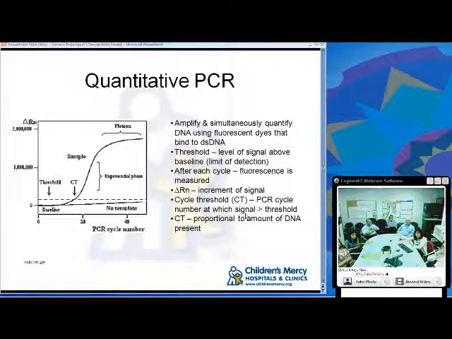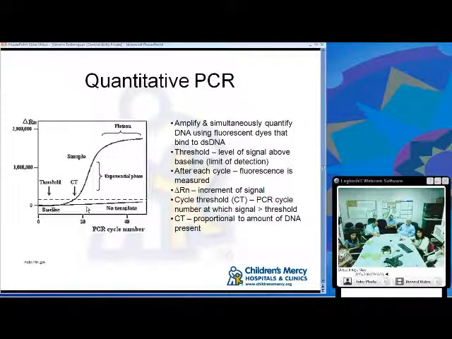Okay, so in addition to PCR, there's also what is referred to as quantitative PCR. And here the DNA is amplified using fluorescent dyes, and after each cycle, fluorescence is measured. And so here's what is called the threshold. And so a signal above this threshold is a positive signal. And you can get cycle thresholds here with quantitative PCR, and this is proportional to the amount of DNA